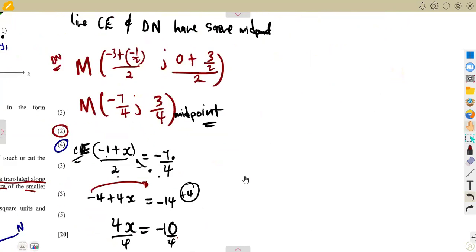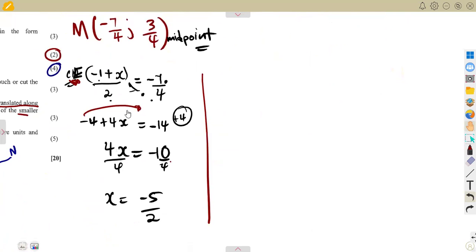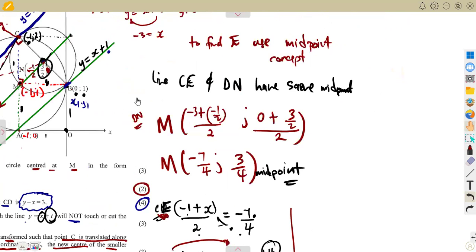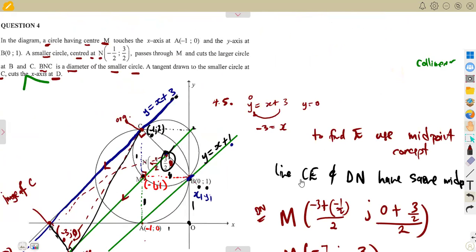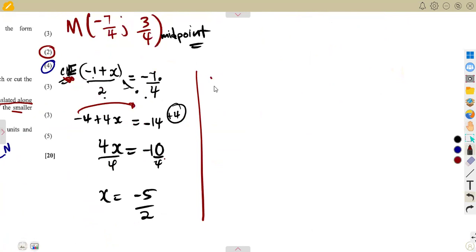We're almost done. So we are going to do the same thing for the y values. We're going to do the same thing for the y value, considering our line CE. The y value at C, remember, was 2. So that's 2 plus the y value at E, over 2, is equal to the midpoint value at y, which is 3/4. Cross multiply. You're going to solve for y just like the previous case. You are going to obtain